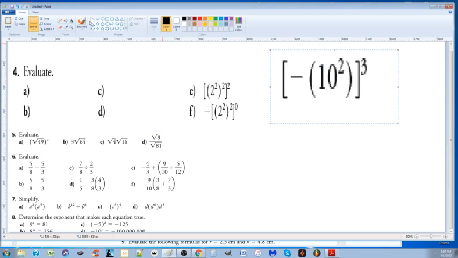Minus 10. Now here they're saying that the minus doesn't apply to what's in here, but it will apply to this exponent. So we're talking about 10 to the power of 2 is going to be a minus 100 to the power of 3. So you might think that this is going to be equal to a minus 10 to the power of 6, and then you'd say, well, it's going to be an even number. But it's not actually, because it should be